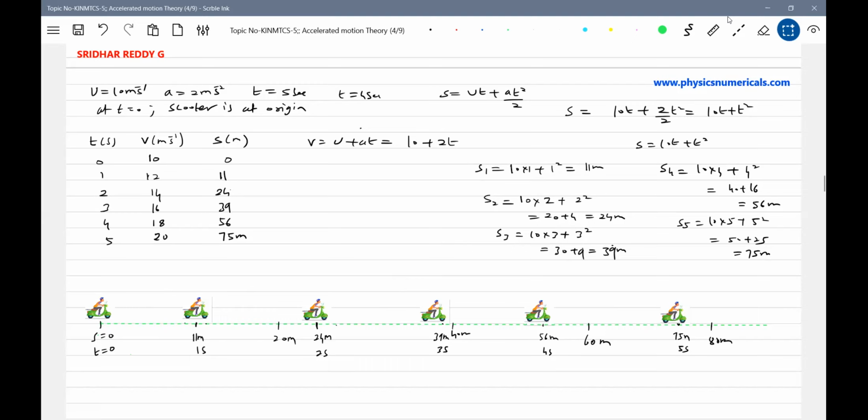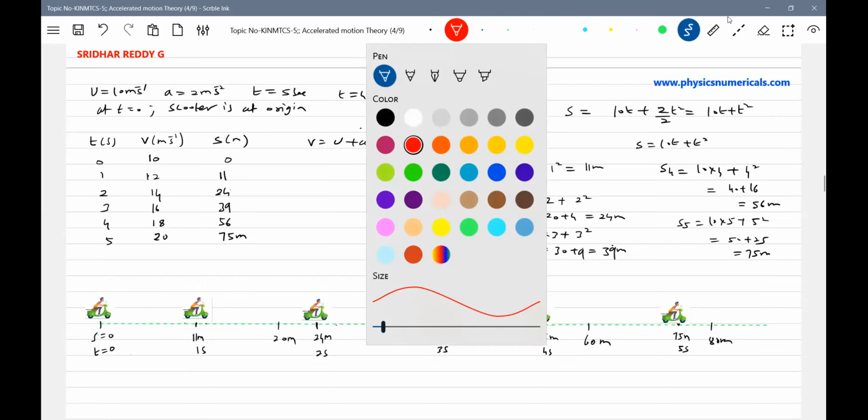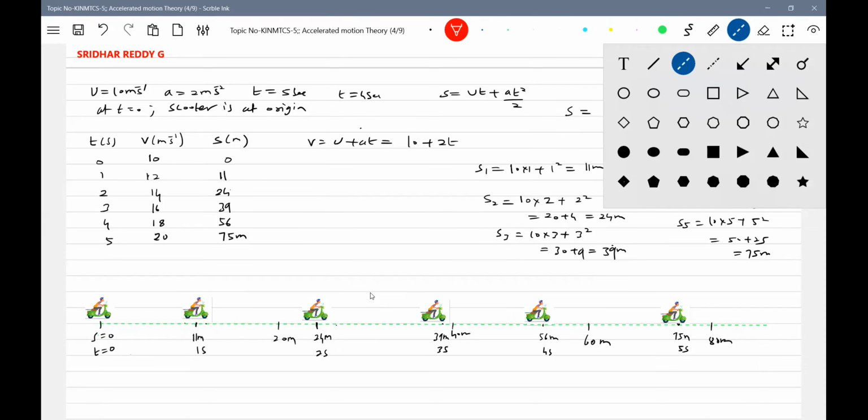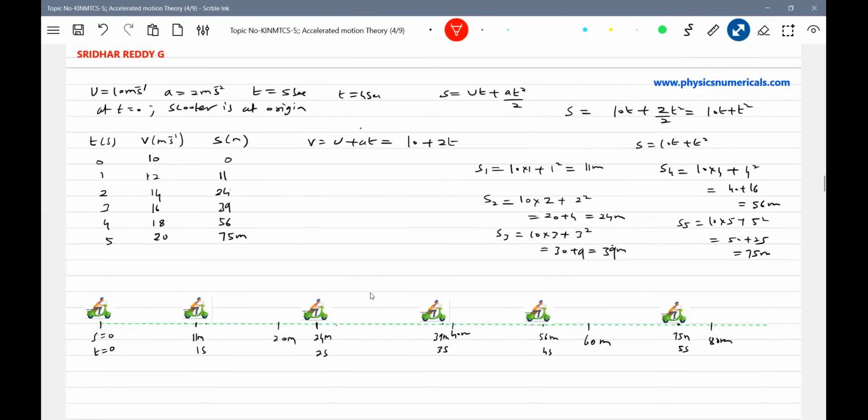Okay, now you see that first 1 second. How much distance will he move? He will move 11 meters. Next, how much distance will he move? 24. That's the distance covered. You see the distance covered keeps on increasing. The length of the arrow keeps on increasing. I didn't draw it up to scale, but still you can see this. We are bothered about